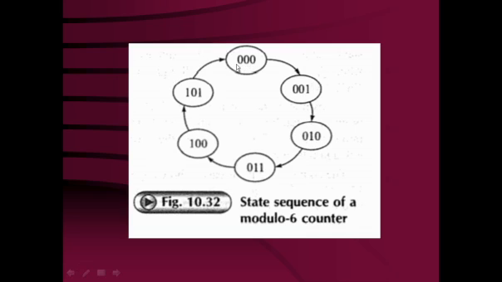Yes, the initial state we start with is 0, 0, 0. What is the next state? 0, 0, 1. So this is now the next state after one clock pulse. But for the next clock pulse, this is going to be your present state. After giving one more clock pulse, it will jump from the present state to the next state. Now this becomes the present state, and after a clock pulse, it will jump to this state. That you will observe in a synthesis table.